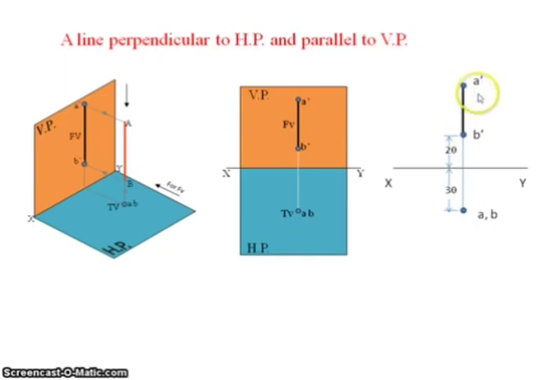And in the question they will give the length of the straight line also. So that means here you have to represent the length of the straight line also. Okay, once you represent the length of the straight line, the total final views or the graphic views will be completed for the given straight line as per the given case, like a line perpendicular to the horizontal plane and parallel to the vertical plane. So I hope you understood my explanation, and thank you for watching my video.